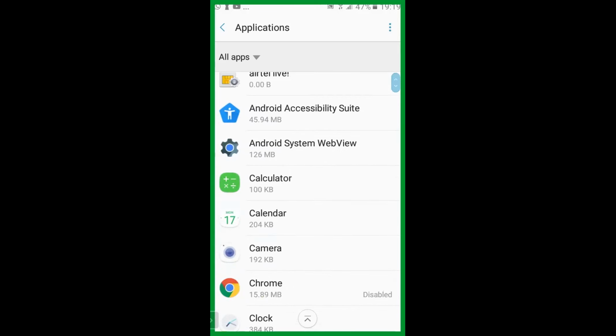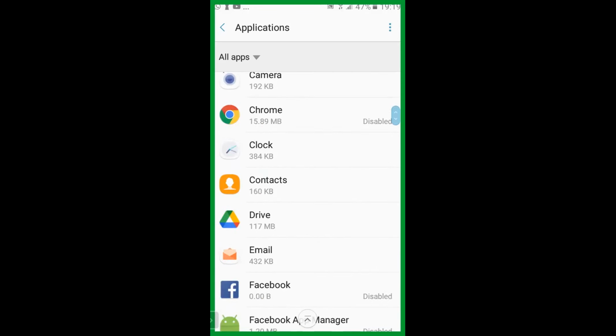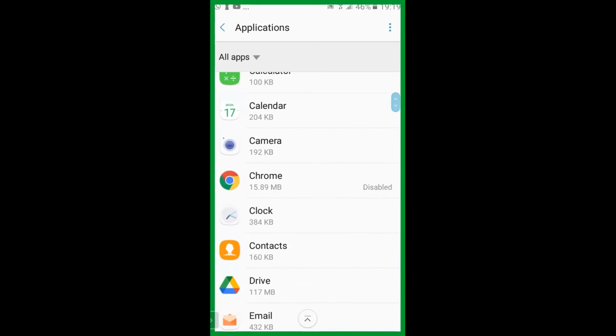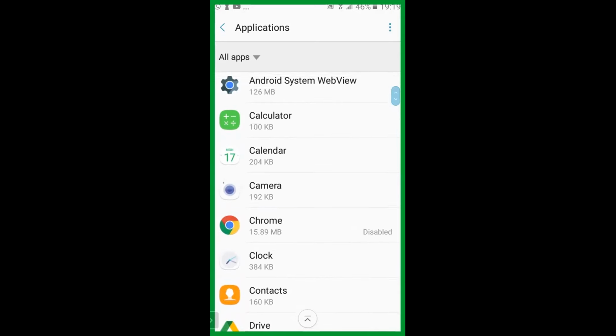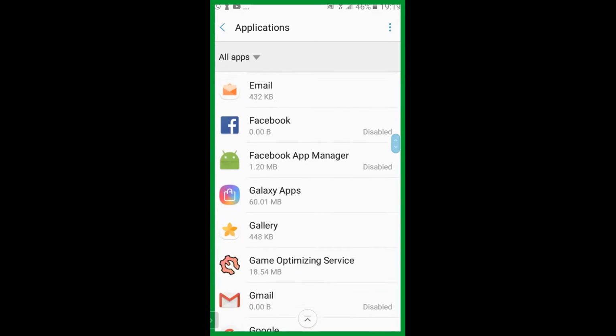Okay, let's go to one application for an example. Let's go down and select. Go down further, please, and just select